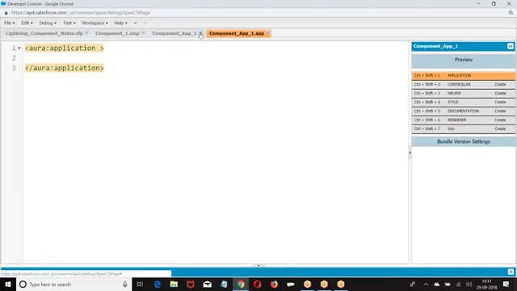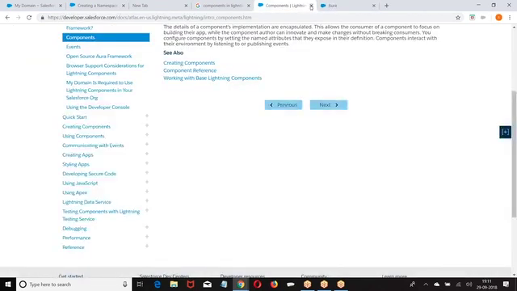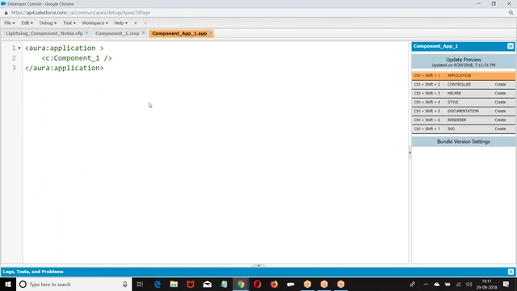Then how do you call this? We are supposed to call namespace colon component name. We have to define namespace followed by component name. If you don't have any namespace, C colon component name. So have a preview. This is how we got name, phone, city. So if you want to call a component within an application, we are supposed to define namespace colon component name.